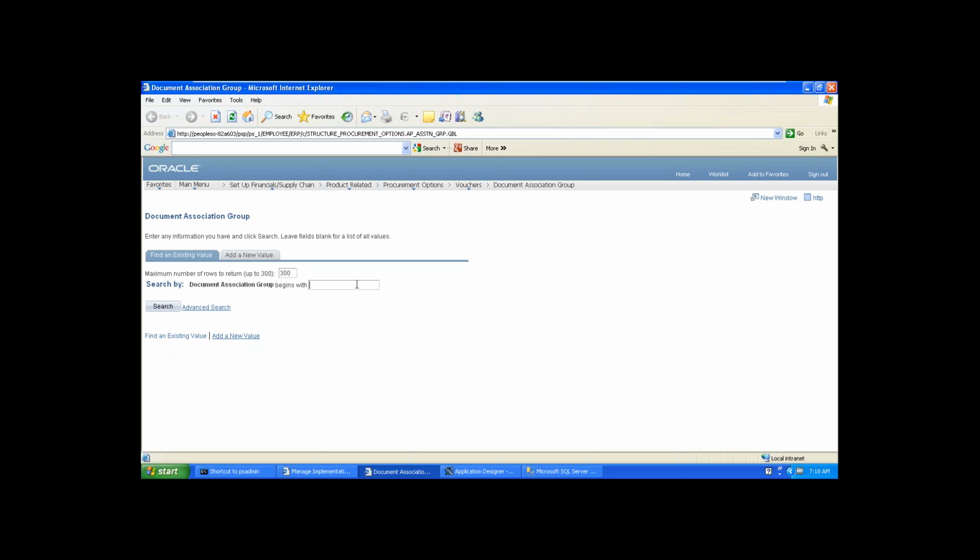So what you need to do as a functional consultant is the setups, and prepare the requirements, what the client exactly is looking for. Once you provide the requirements, the technical people will develop that.